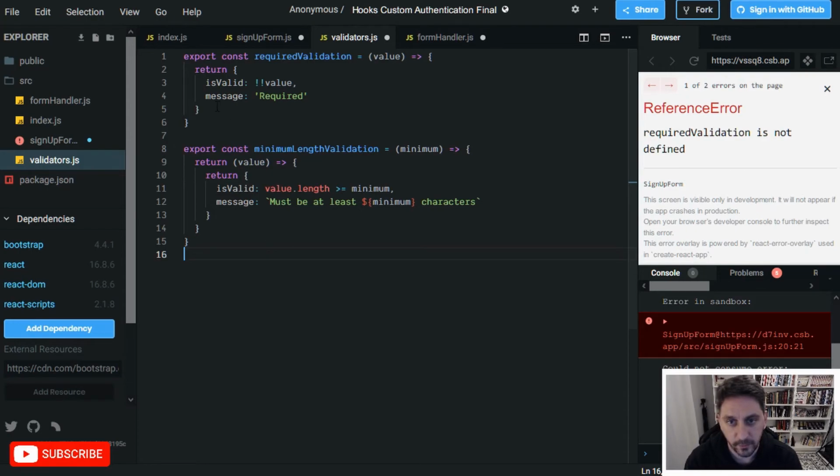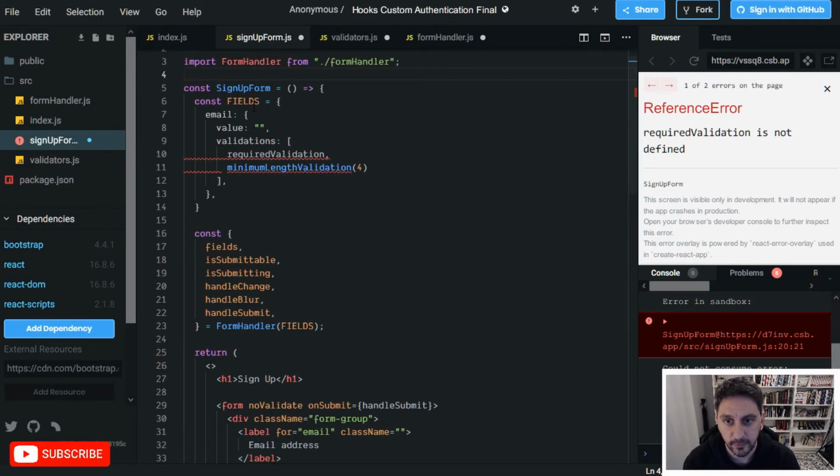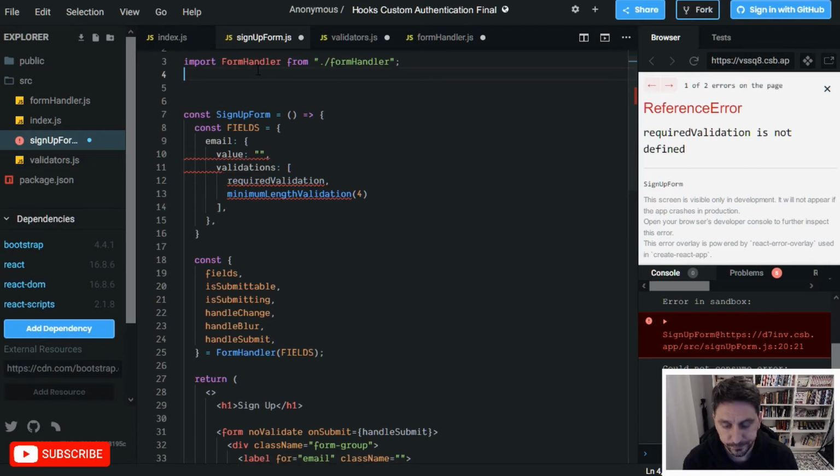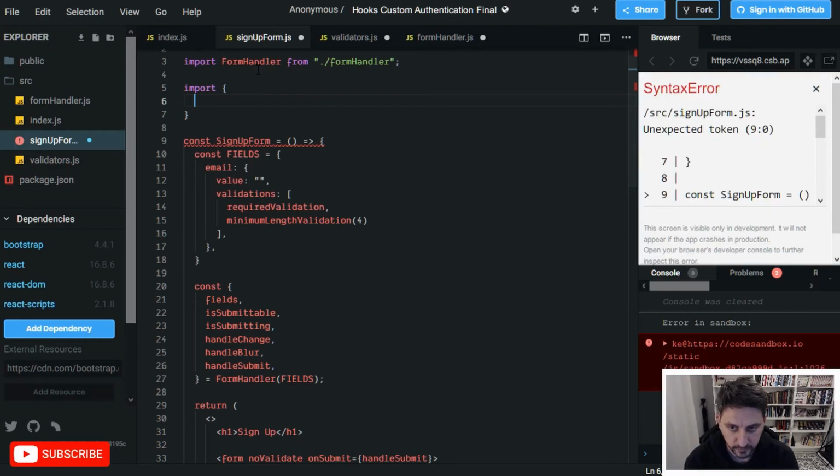And cool. And with that, we've now got these validators out in a separate file, and then over here we can just do our import. We can say import. We have 2 of them, so we're gonna do required validation and minimum length validation,